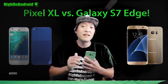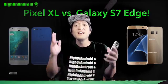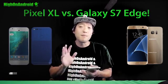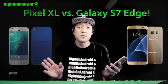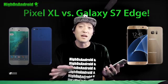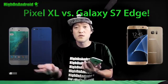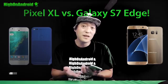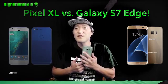Now, one important thing they added this year on the Pixel XL over the Nexus 6P is OIS, optical image stabilization, which the 6P didn't have. And the videos were horrible. Now you have video stabilization, just like on the S7 Edge and all the newer phones like the Note 7, LG V20, and LG G5. So I don't think it will be anywhere behind the S7 Edge in terms of photo